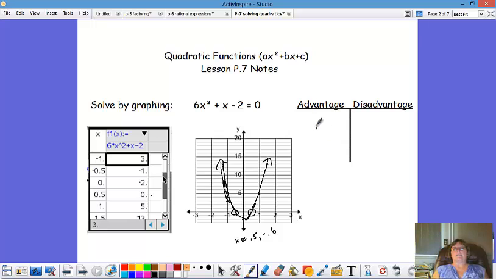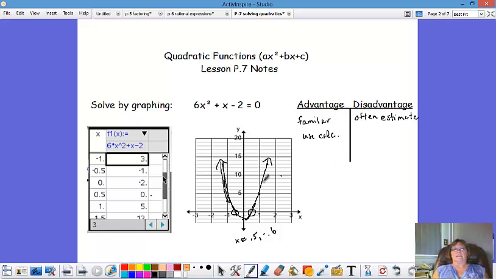That's one of the things that I'd like to talk about here. One of the disadvantages of using a graph to solve a quadratic is that you often have to estimate. It's not very often that you will get exact answers from a graph. One of the advantages of it is that it's familiar to us. We're used to graphing from our algebra classes. I'd like to also take this one step farther and tell you that a definite advantage is that you can use your graphing calculator,